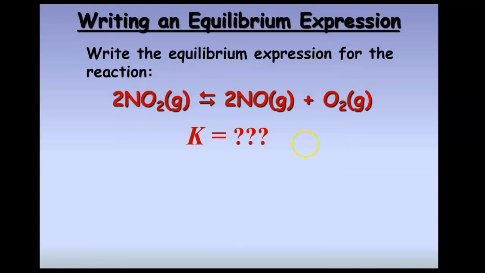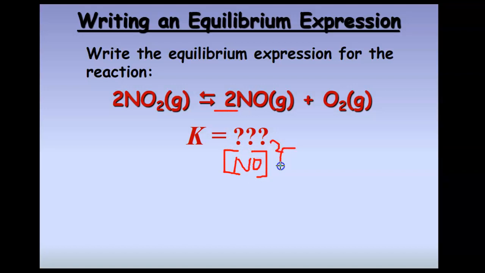So let's see how we write this mass action expression. Write the expression for the reaction 2NO2 to give you 2NO plus O2. Remember, it is product over reactant, and your coefficient becomes your exponent. So this is your coefficient, this is going to be your exponent, so it's going to be this way, NO